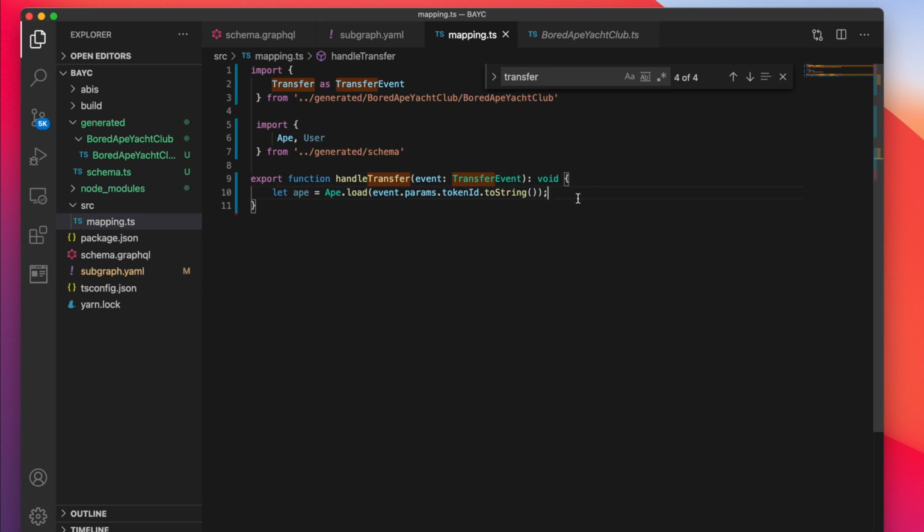So this is just essentially loading up from the data store again the ape that we just captured in the transfer event, and then we want to check if it's actually existing, because this could be the first time the Graph Node is encountering this ape. So let's do a check. We're saying if ape does not exist, then we create a new ape and store it in the data store. So say new Ape, and then